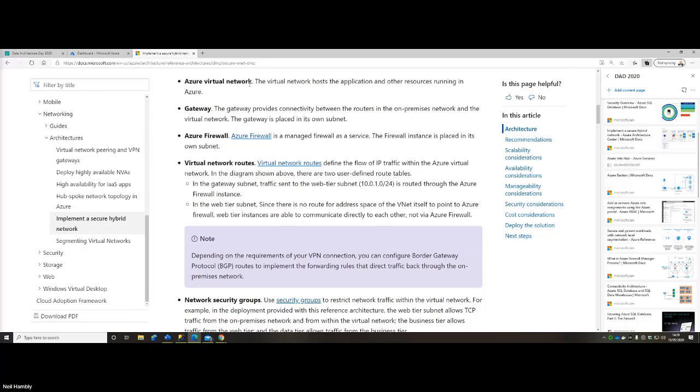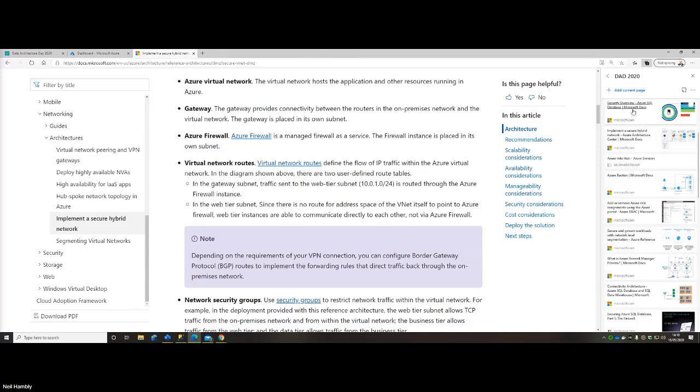The virtual network routes are saying which routes we're going to take, and essentially we can define a number of routes in our environments. We won't go into a lot of detail today, but that might be important for your configuration. I'm going to show you some templates that help with building and setting those up from scratch and getting you started really quickly.